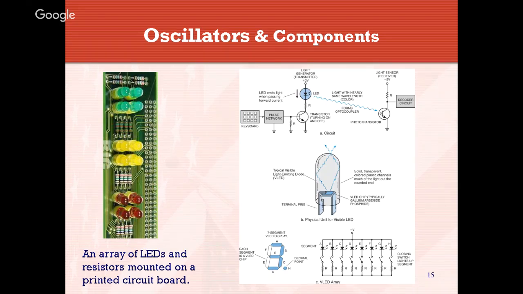Here in this diagram, it's also in your book, I do believe, on page 122. You can see a little bit more information, a little bit more clearly than you can probably see this slide. But there's an array of LEDs on the left, and there are, of course, bias resistors mounted on a printed circuit board. And this kind of gives you a little idea of how those LEDs or light emitting diodes